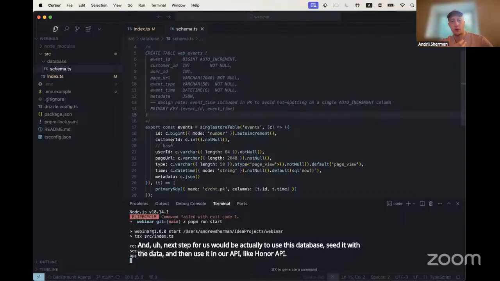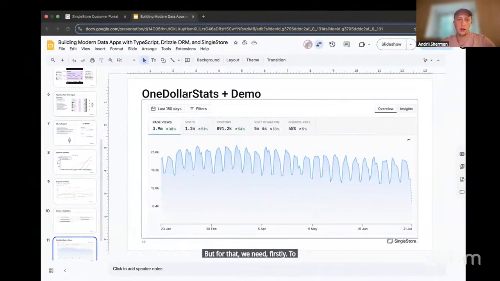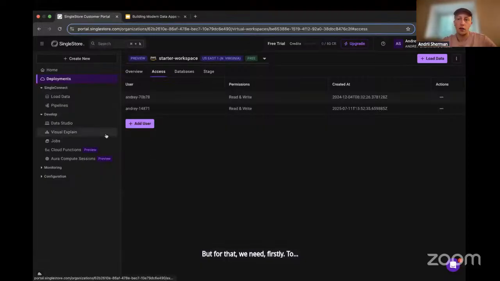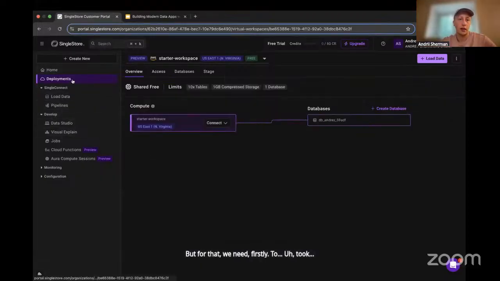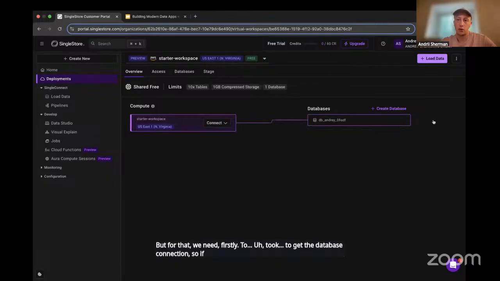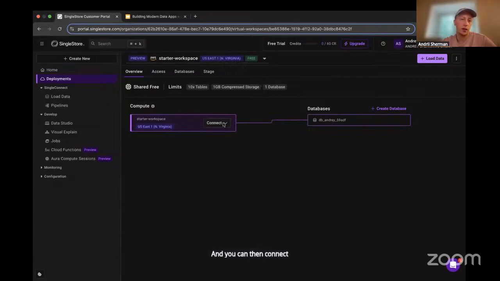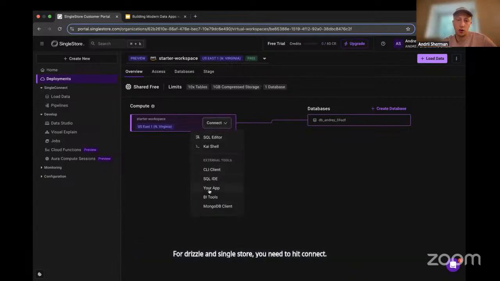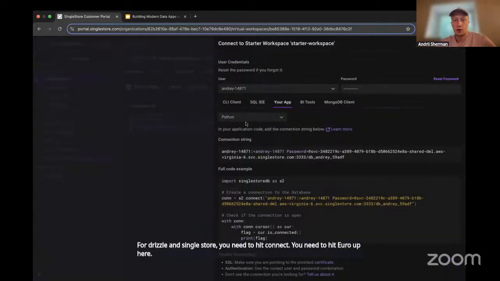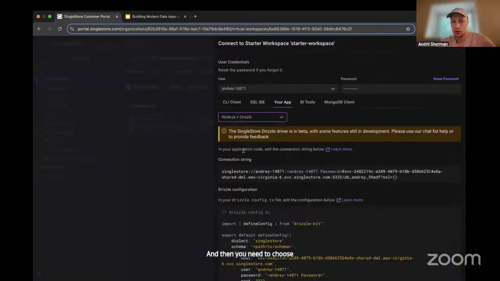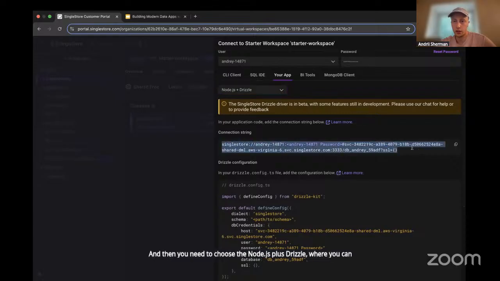But for that, we need firstly to get the database connection. So if you go to the SingleStore dashboard, you will see the deployments page and the database we are going to use. And you can then connect to this specific database. To get the connection for Drizzle and SingleStore, you need to hit connect, then hit your app here, and then choose Node.js plus Drizzle, where you can get the connection string.